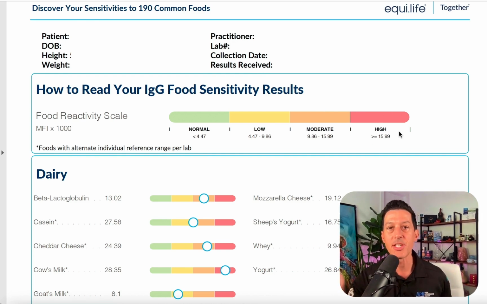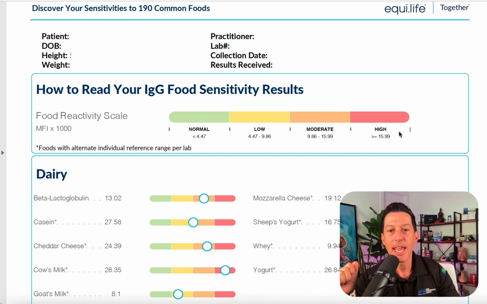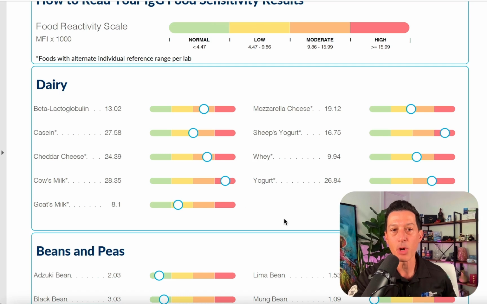If you're not watching this at home, that's okay. I will share with you step-by-step, audio-based as well, so the podcast will still work. It's broken down into categories. Red is obviously the most severe reaction, orange moderate, yellow low reactivity, and anything in the green is normal. Then when you look at this person, and of course it's redacted, this is a real lab, you're going to say, okay,